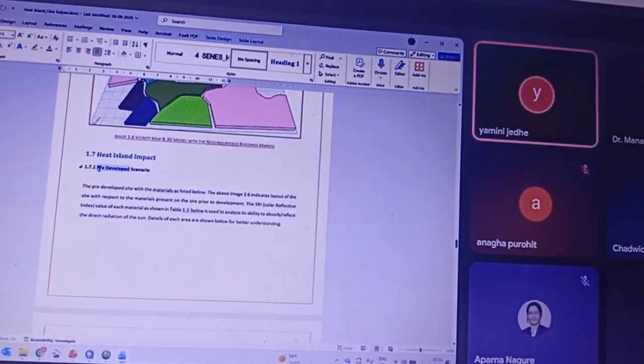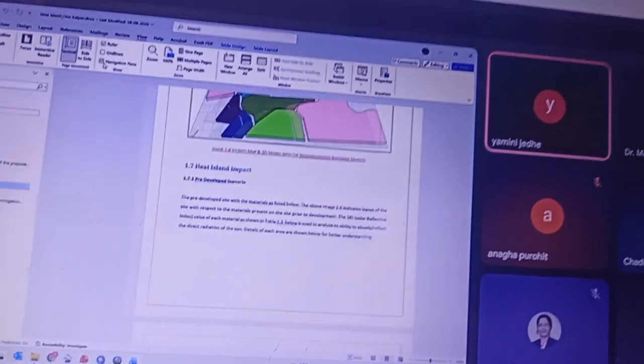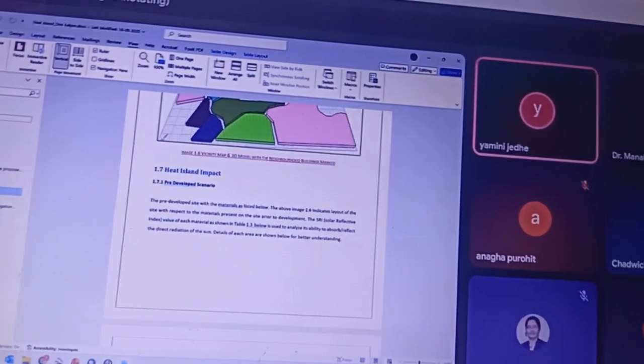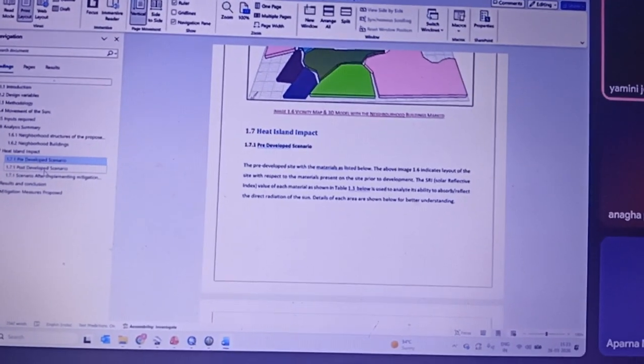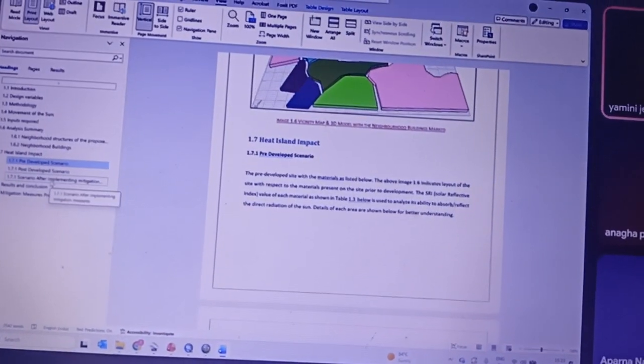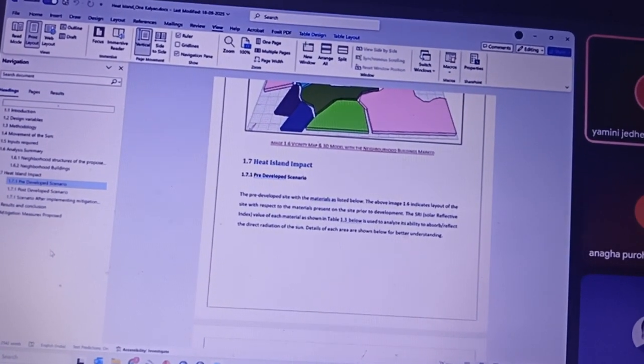So this is usually done for 3 different cases. One is the pre-developed scenario, one analysis is done for the post-developed scenario, and one scenario is done when we apply the mitigation measures that we just discussed.